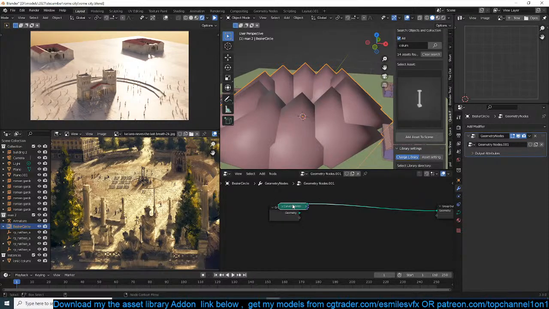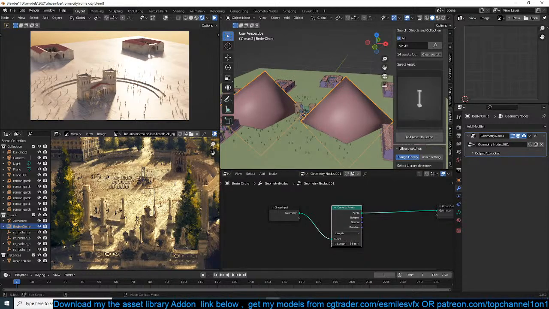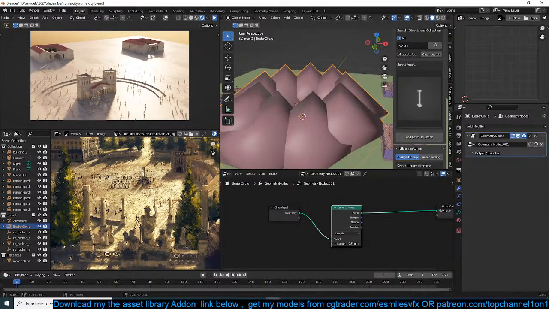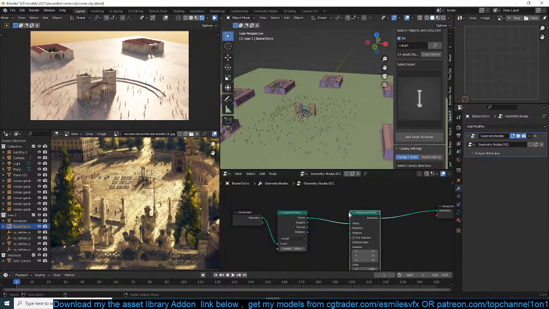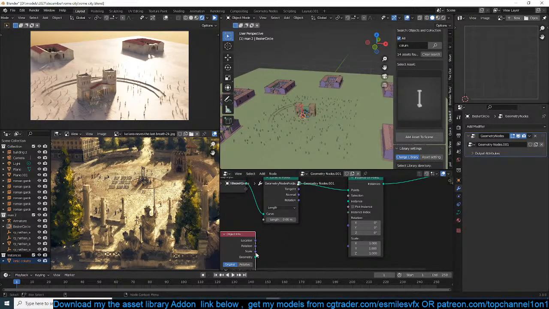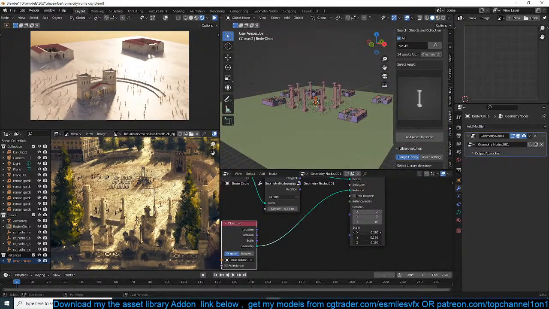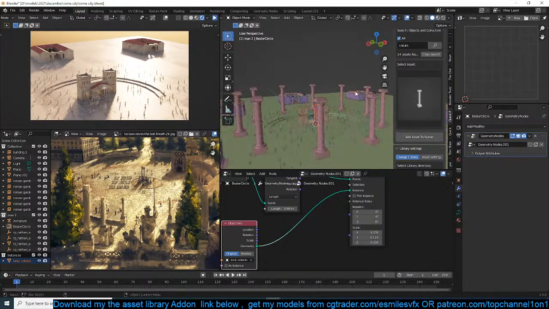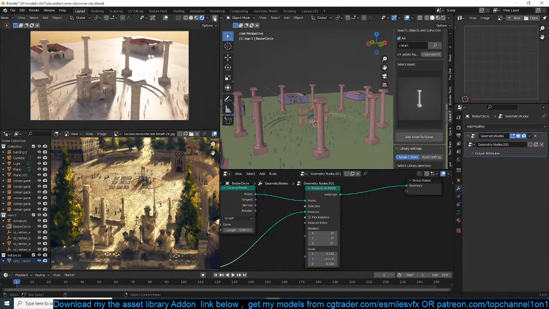And then what we can do, instead of using count, I'm going to use length, so that we have an even distribution of particles like that. And what I want to instance is this object here, the column, onto there. So I want to scale this down like that. Now let's see how this looks. Yeah, though